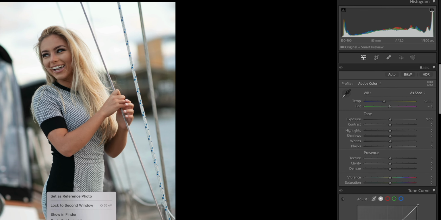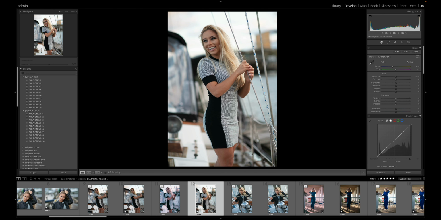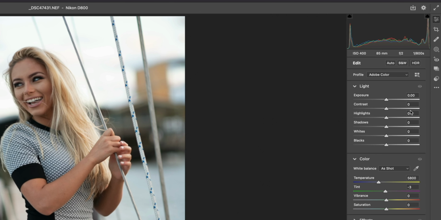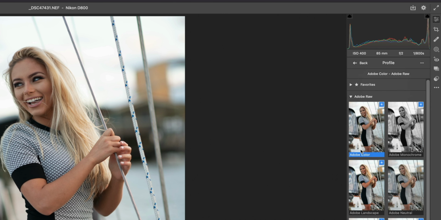So if I open this in a Smart Object workflow in Photoshop, it's going to open up without anything applied. So I can just double click it, and in Camera Raw, same thing. We're going to be able to go into Browse, and I'm going to be able to see